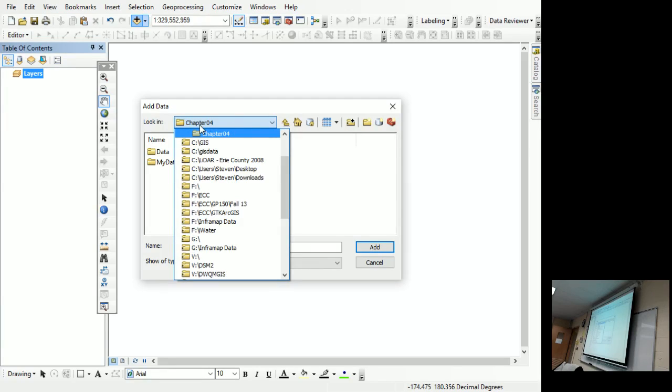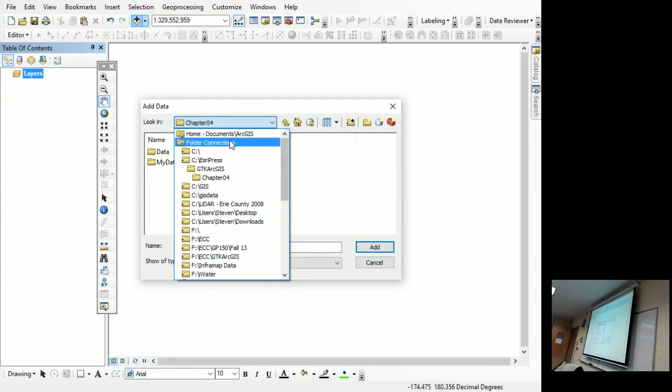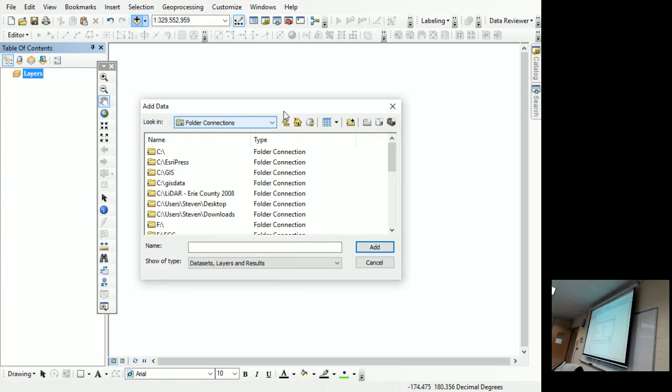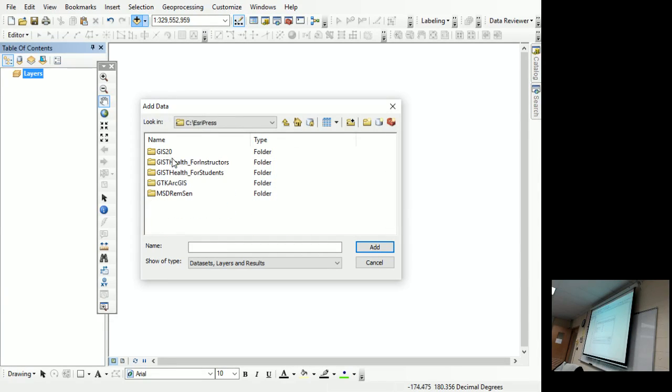To browse, that means you click the down arrow on look in. You're not always going to see that folder connection of your desktop. If you don't see it, you need to create that connection with the folder plus icon. Then you just navigate to where your data is located.